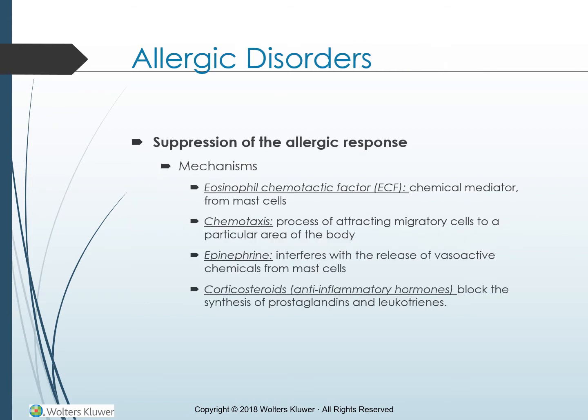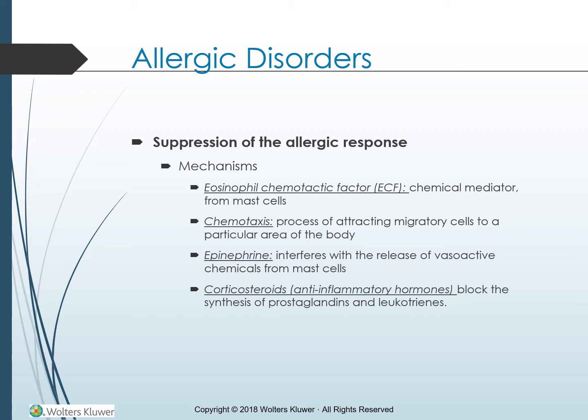Suppression of the allergic response. The body suppresses the allergic response through various mechanisms. One method involves the release of eosinophil chemotactic factor, abbreviated ECF, a chemical mediator, from mast cells. Chemotaxis refers to the process of attracting migratory cells to a particular area in the body. ECF, again, eosinophil chemotactic factor, attracts eosinophils, whose role is to suppress inflammation by degrading histamine and the other vasoactive